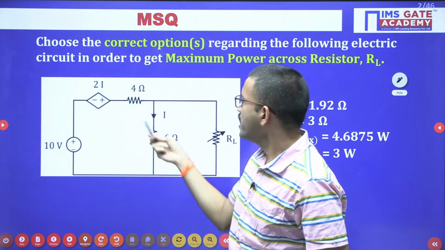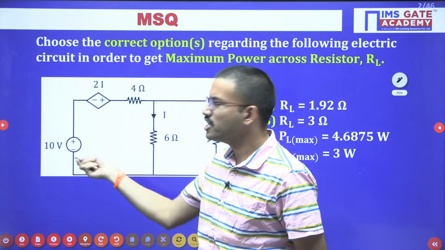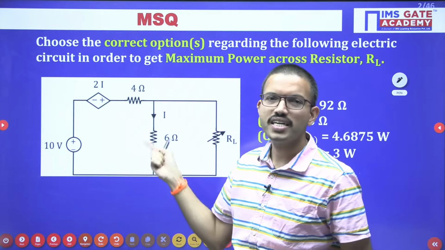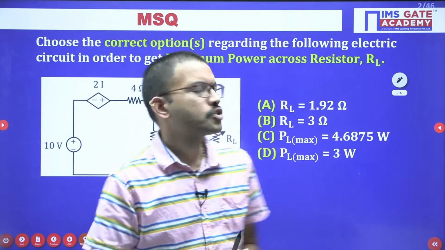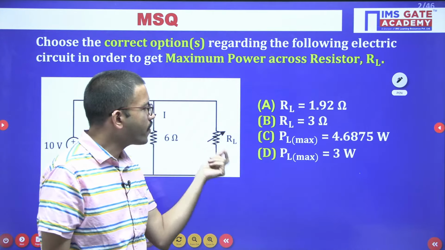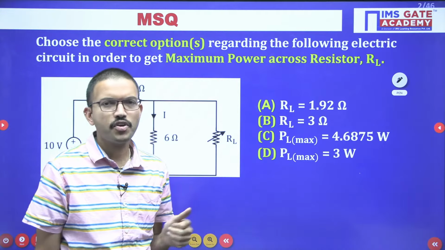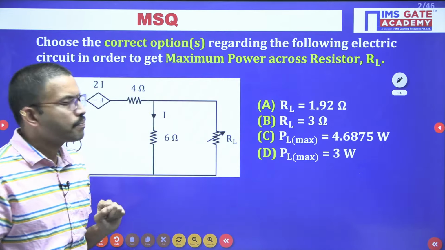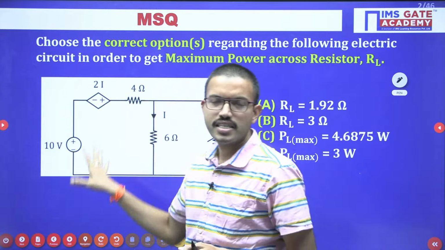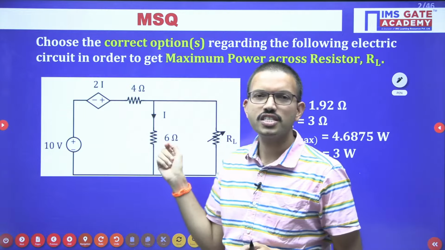In this particular circuit, the independent source is a DC source, so this circuit is nothing but a DC circuit. Now we are going to solve to find the RL value in order to get maximum power across it. We are using the maximum power transfer theorem, but currently we are considering the DC circuit. After some time, I will discuss the maximum power transfer theorem